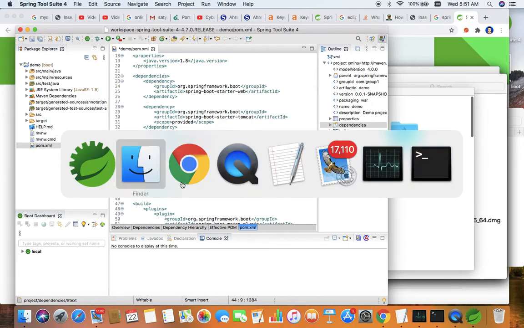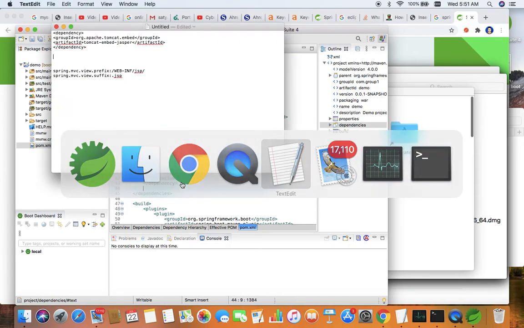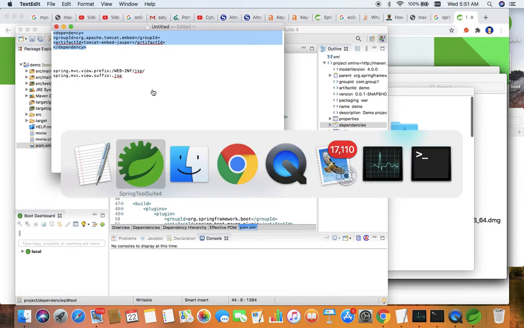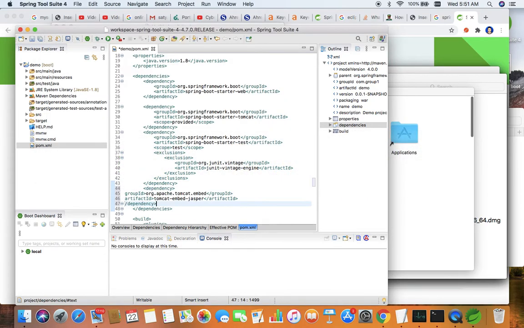So I have already kept a copy of the Jasper dependency. You can search for Jasper in the Maven dependency repository and you can find this dependency. That also I will put in the description box. Sorry, some angle brackets are missing.